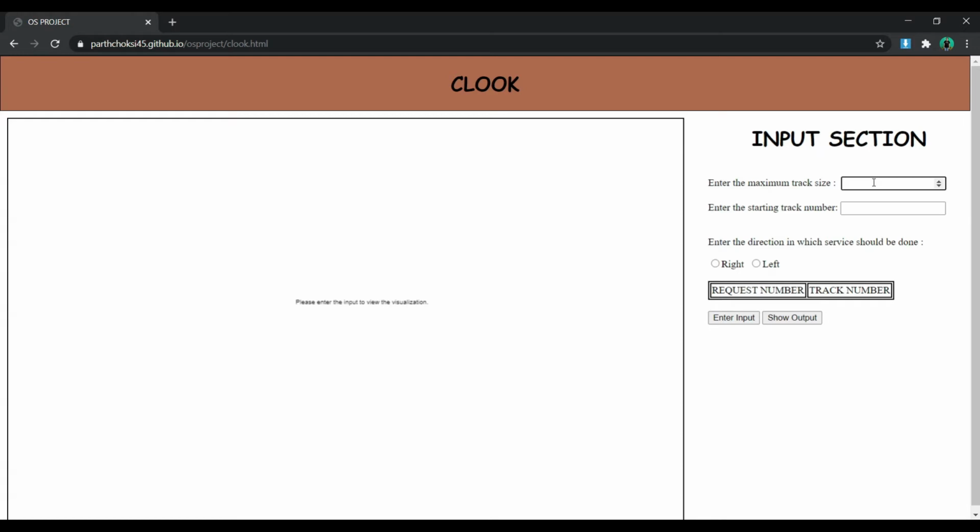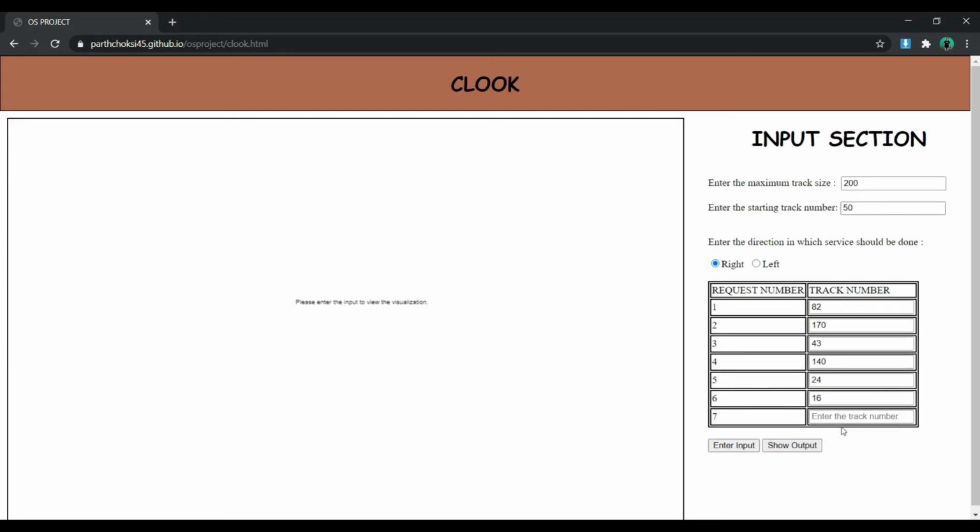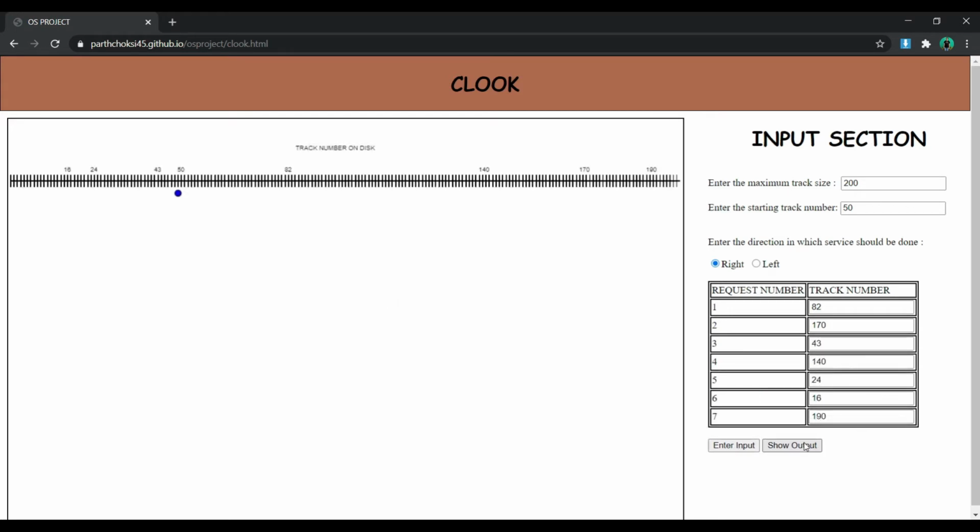Now we will enter maximum track size 200, starting track 50 as previously, and take the same inputs. It will show the output.